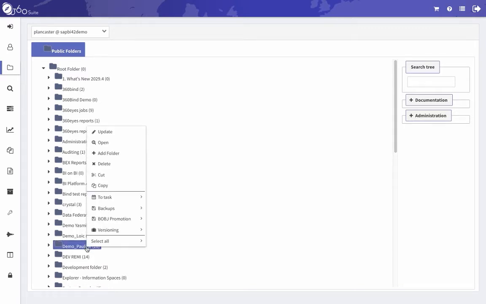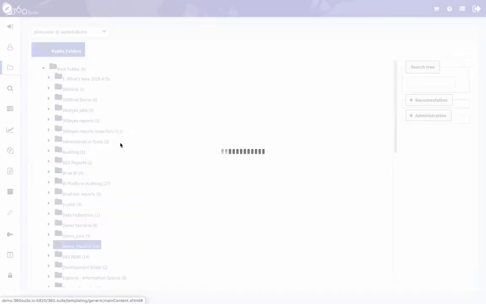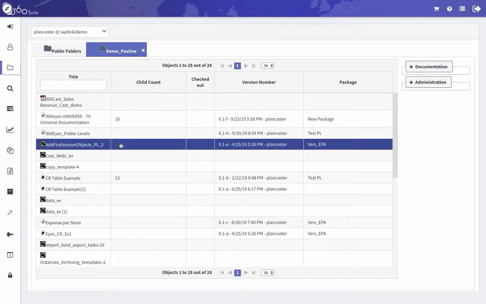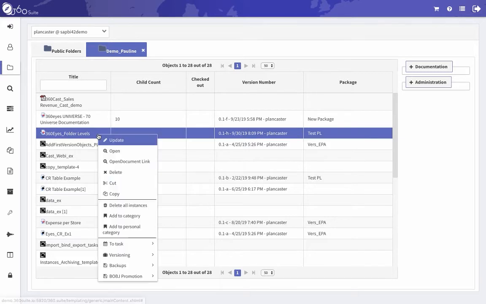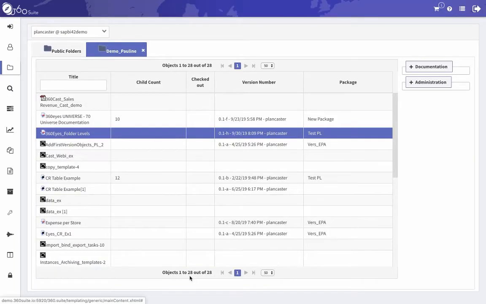I can navigate to the folder, select open, and it shows me the content. I can right click on any object in this folder, select Bob J Promotion, add to selection. In the top right you see this shopping cart and a circle with a 1 in it. I've added one object to that